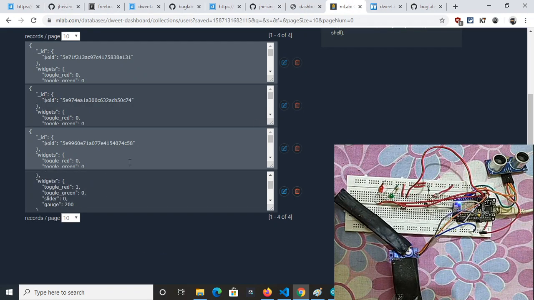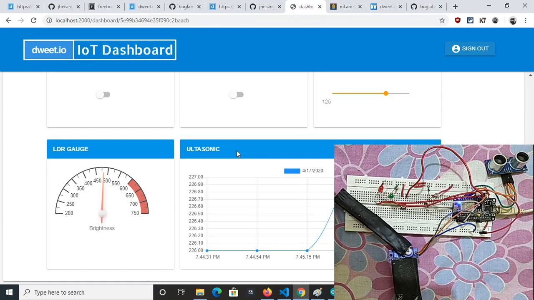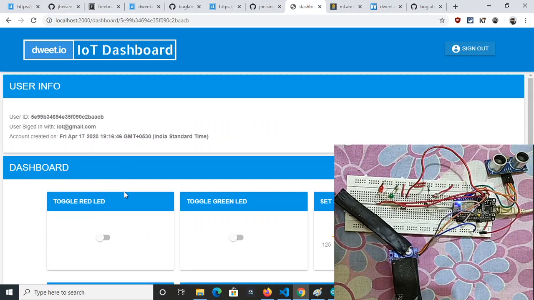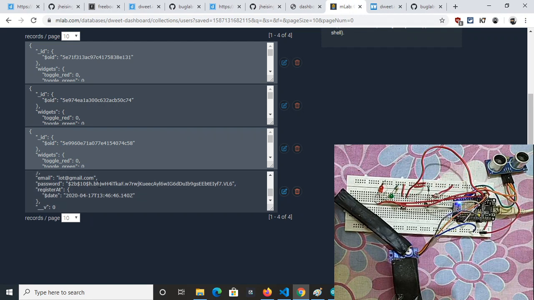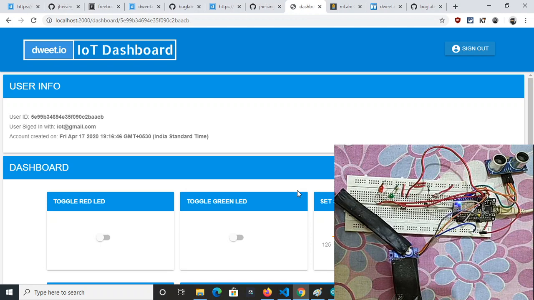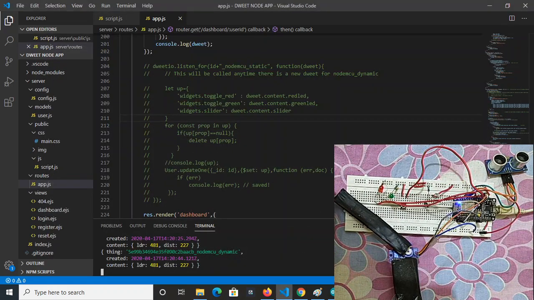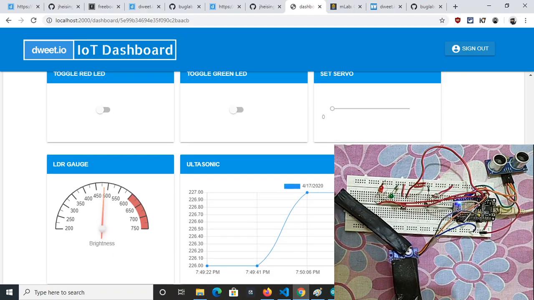The toggle red is 1 here. Okay, first check iot@gmail.com. Let's check it. Slider, okay, there might be some problem. Let me check. I have figured out the issue.